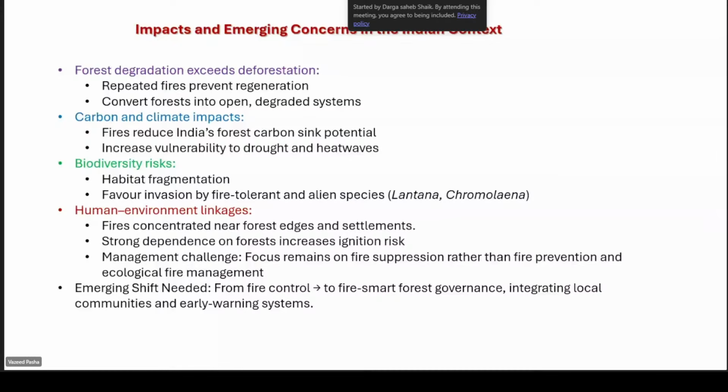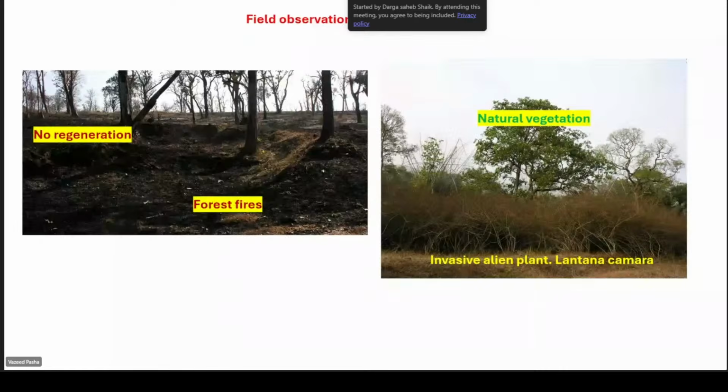Now, the field observations in the Western Ghats. You can see we have visited the fields in Nagarhole and Mudumalai National Parks. We have seen the entire ground flora is completely burnt and there is no regeneration. Natural vegetation, after a few years, has become invasive alien plant thickets, that is Lantana camara.